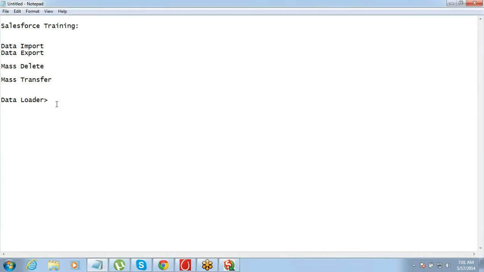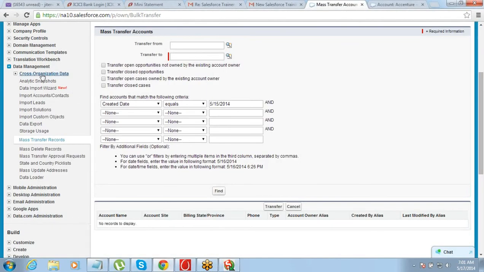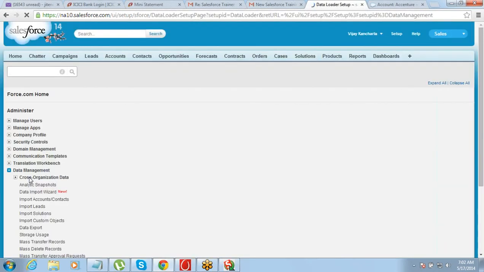This is something that you need to install on your system. We have data management options available here, as well as through the data loader we can do the data upload or export. To install data loader, you just need to go to the data loader option, which is available under setup, data management. There is an option called data loader. Anyone who has not downloaded or installed, please